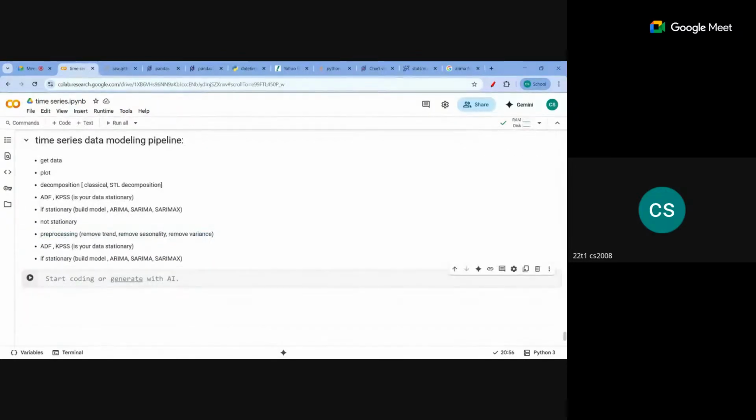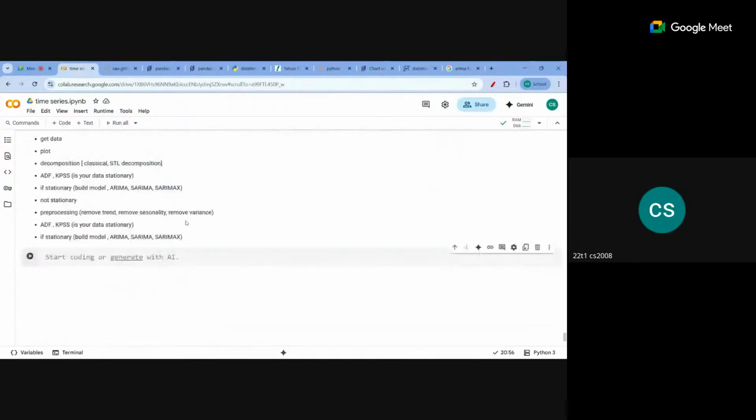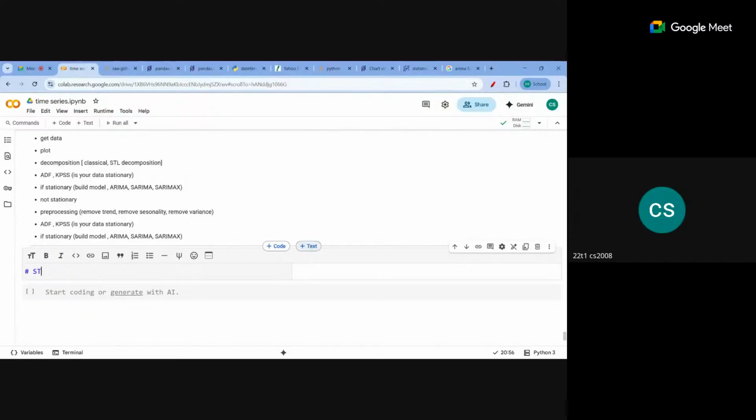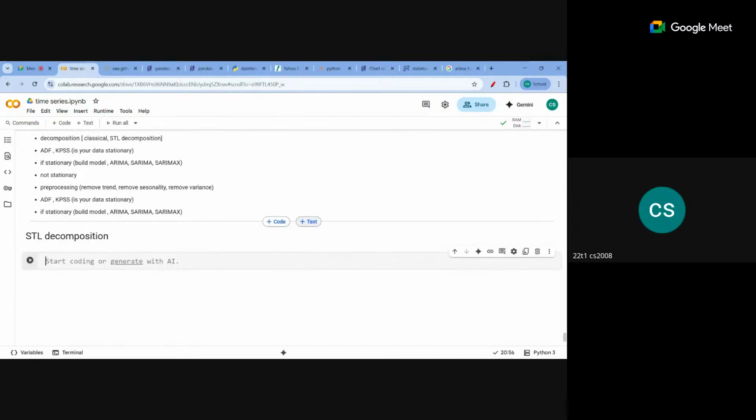Okay. Now, let's see how to do it. What is left is, let's see what STL decomposition is. Then we'll see what the ADF and KPSS tests are. Okay. So STL decomposition is